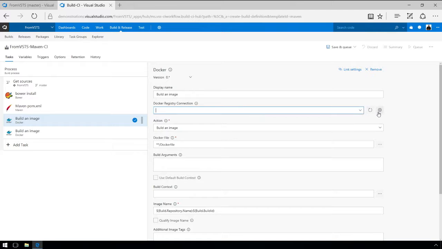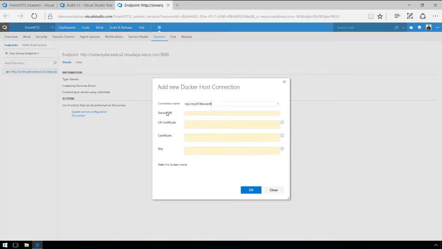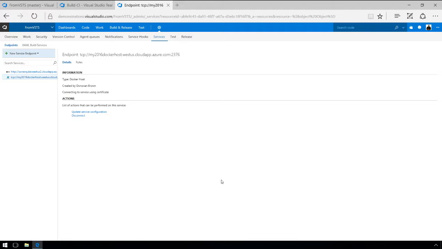So just like I did before, I'm simply going to click on the gear. From here, I'm going to then choose to create a Docker host connection. And I'm just going to go ahead and enter in the information here. So I'm going to put in the Docker host URL and the name. And now what I'm going to have to do is create my certs. Well, I've already created them, but I need to connect them because my Docker host is secured. And for us to be able to talk to it, we need to make sure it knows that information. So what I'm going to do here is just copy and paste in my information. And now with that information copied and pasted, I can now make a secure connection between Visual Studio Team Services